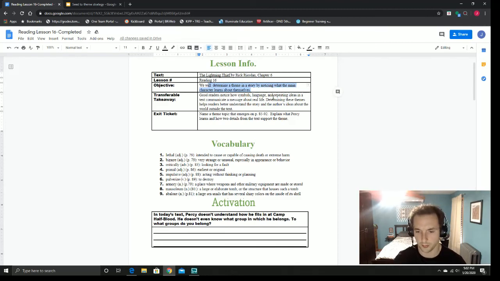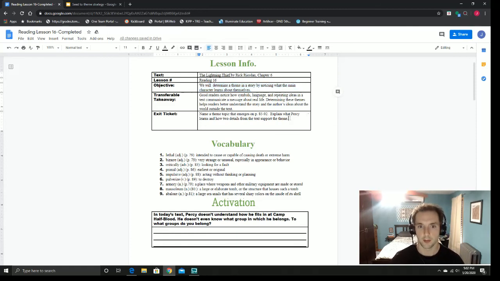The reason why we're practicing this, as we've talked about quite a few times now, is this idea of theme, which we know is a deeper truth or a lesson or truth about life that everyone can use all the time to improve their life. That's the main reason why we read fiction. We read fiction to hear stories, and when we read stories, we can use what the characters learn about themselves to learn similar things about ourselves and the world, so that we can make the world into what we want it to be, or make ourselves into who we want to be. And that's why we read stories. And so that's why we're going to practice finding a theme. And when we practice finding a theme, we can analyze it and then apply it to our own lives too.